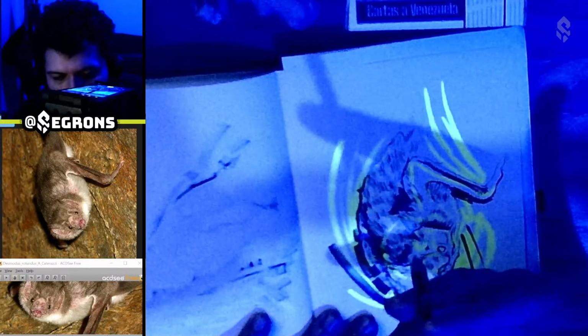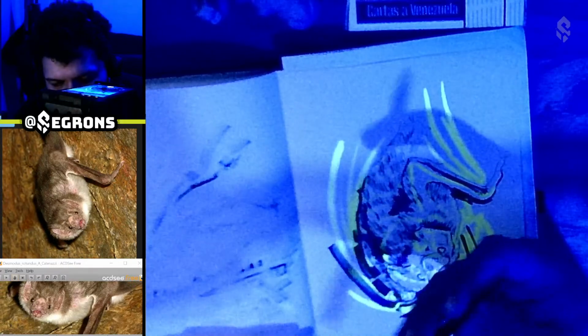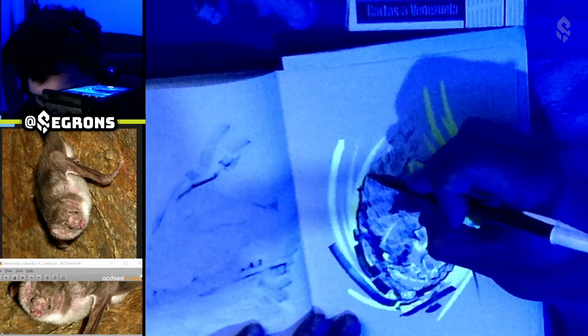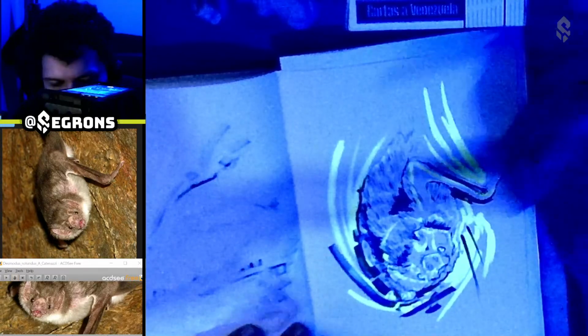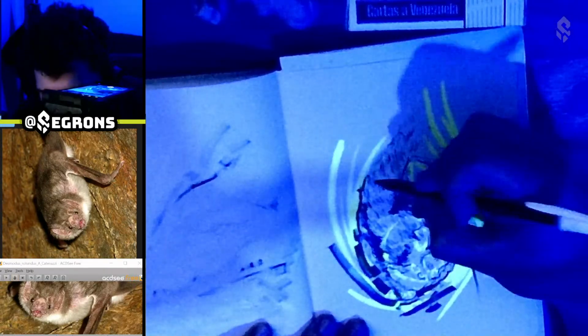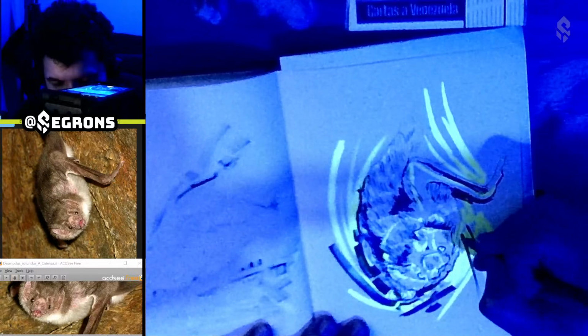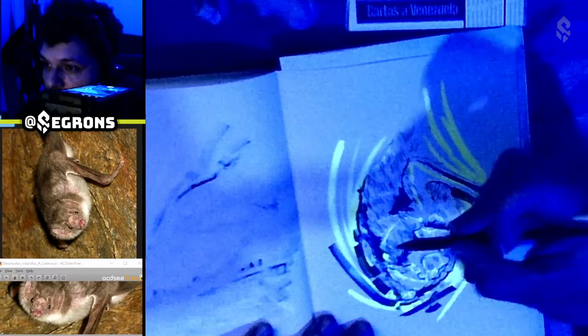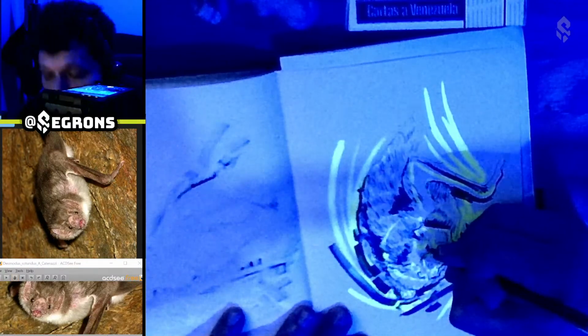Like this, I don't think it costs even $5. It's like a buck to get one of these, or maybe less, a few cents. A pencil is even less, and there's a lot of free resources, and you can decide what you want to focus on. Like I tend to draw a lot of animals, but